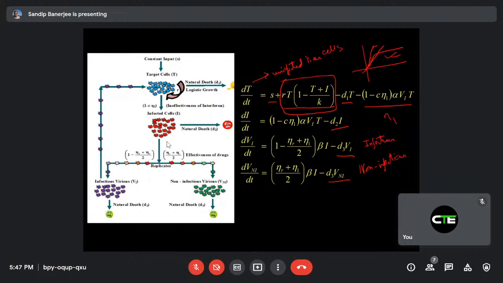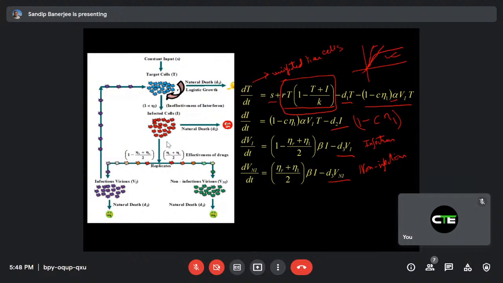Now, if you take the drug, obviously, it is not 100%, the efficacy works. A fraction of the efficacy works. So you are multiplying that efficacy by a C, which lies between 0 and 1, so that it is the fraction of the efficacy. Now, if it doesn't work, you subtract it from 1 and you get the non-efficacy of the drug. So this 1 minus C eta 1 is the non-efficacy of the drug, which is